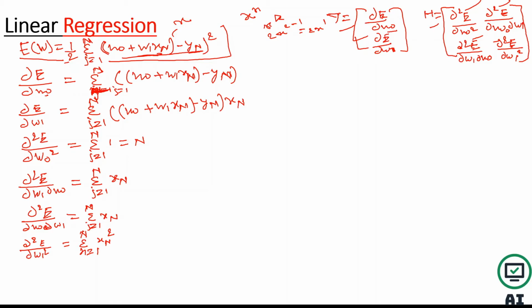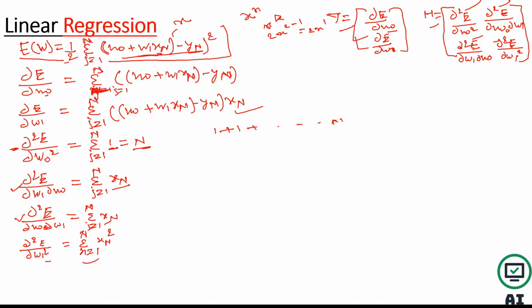If you differentiate this with respect to W1, then you will get this. So you just try it. I have already explained how to do the partial derivative for a multivariate function. If you do not know, please go and see that video and then try to understand this fact. And if you know that concept, then it's well and good. Similarly, if you go for this one, you will get 1, so summation of i equal to 1 to n of 1, that means 1 plus 1 plus 1 till n, so we have written this n. And similarly, this element would be xn, this element will come like this, and this one will come like this.